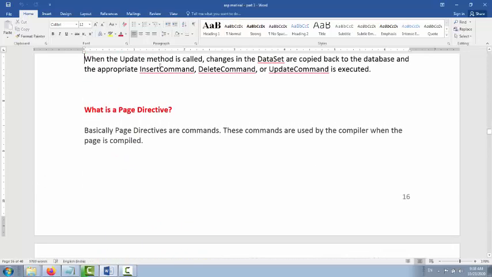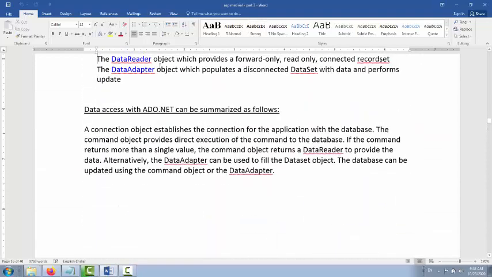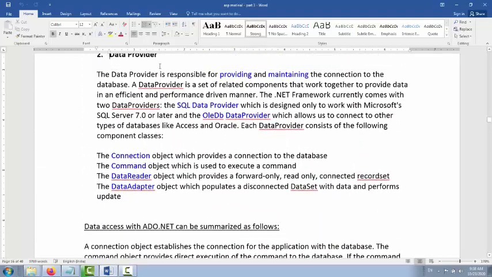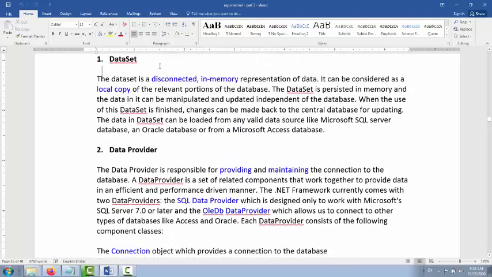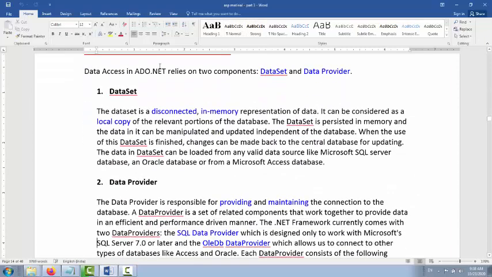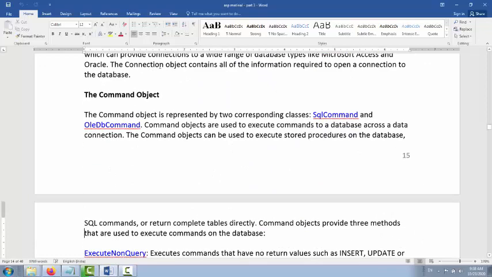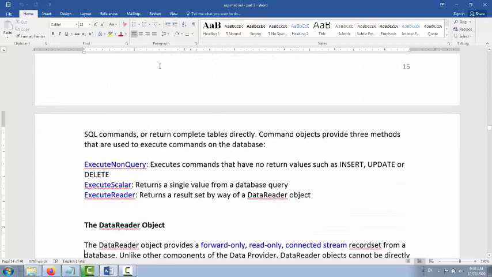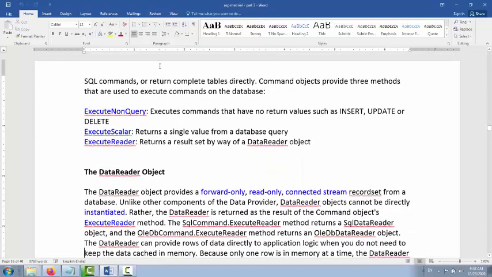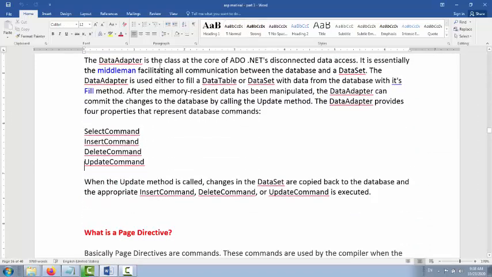Starting from the data set, you can explain what the data set can do, and under the data provider object you can write down the connection, command, data reader object and data adapter object. All are part of the .NET data provider object.